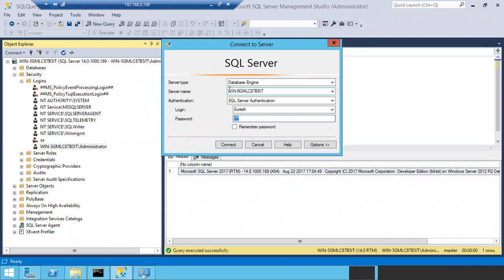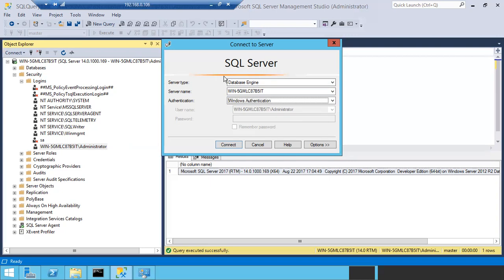But the common thing is you should be a member of this logins list. Then only SQL Server will allow you to connect. Why is it not asking username and password for Windows authentication? At the Windows level, you are already a successfully verified user. So it will check whether the username exists in the SQL Server or not. If you choose Windows authentication and this username exists in the SQL Server, then it will allow you.